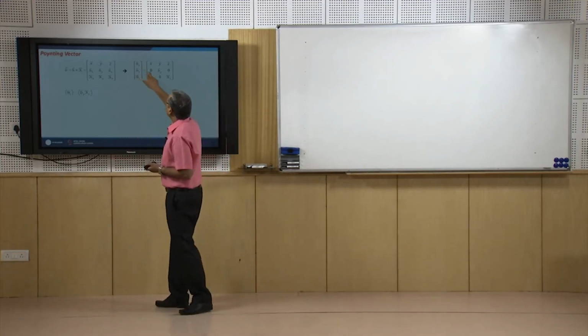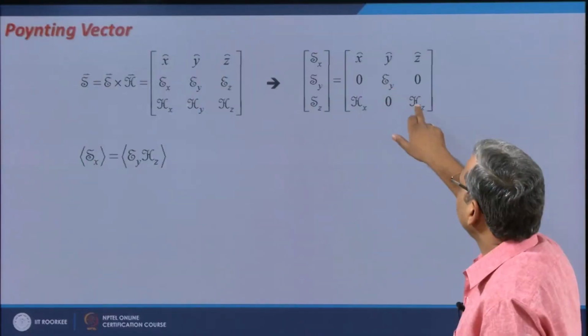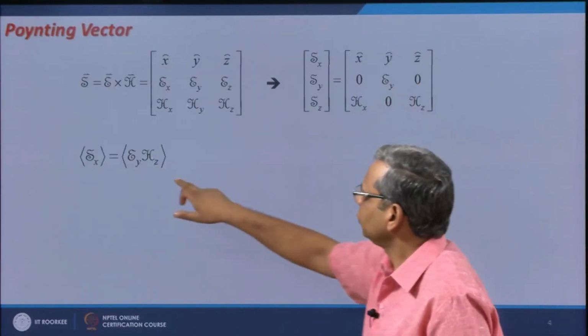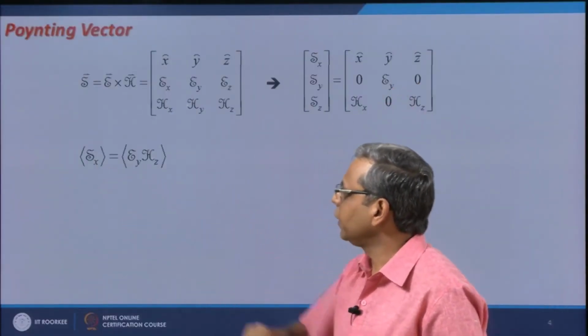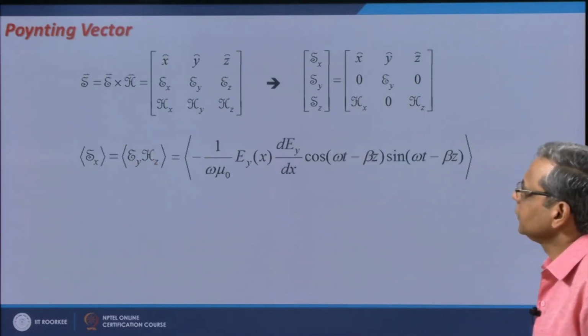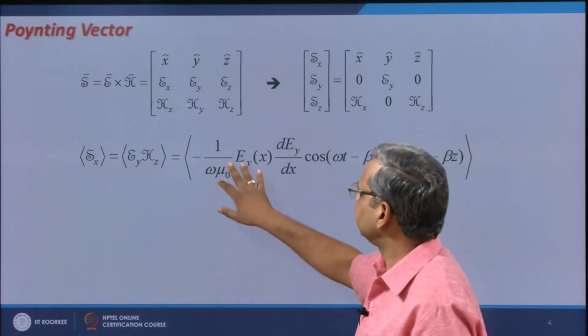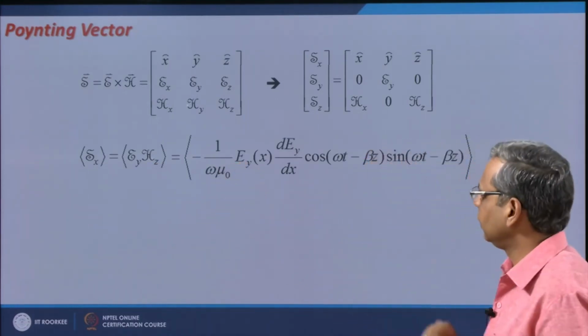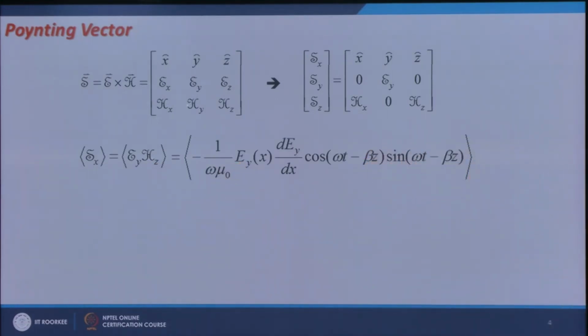From here I get Sx is equal to Ey Hz minus 0. So, the average value of Sx would be the average value of Ey Hz, and if I put in Ey and Hz as I had calculated in the previous slide,